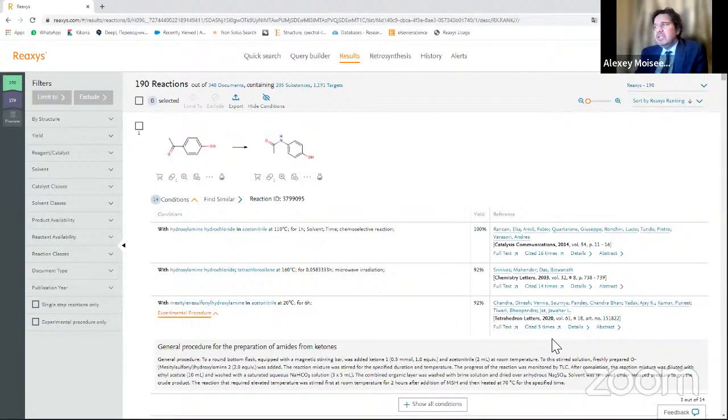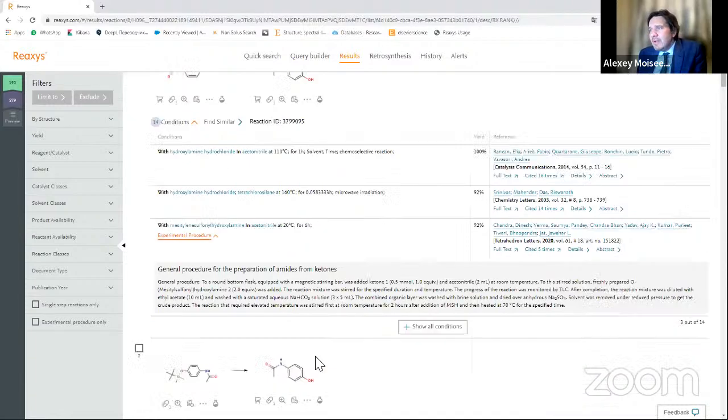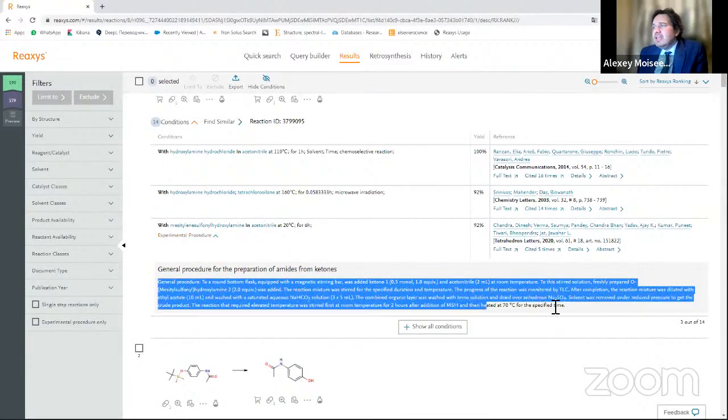So you don't need to go to full text. You can immediately take it from Reaxys. You don't need to find this article to buy it from the publisher. We extracted all the useful information about chemical synthesis, to make your life simpler.